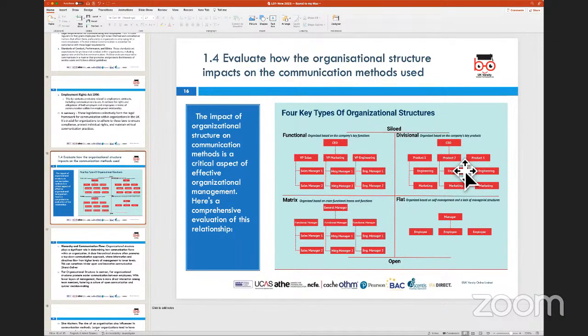Then we look at divisional structure. If you look at big organizations which have lots of departments and lots of products and services that they sell to customers, then generally you would see a divisional structure, because it allows the organization to arrange their departments and functions in a structured manner. This could be an example of a hospital. You'll have somebody who's the chief executive of the hospital or the clinical director, and within that, various different departments, things like a cardiac department,